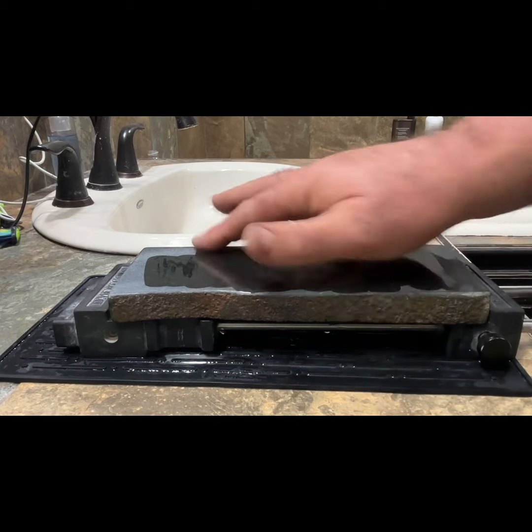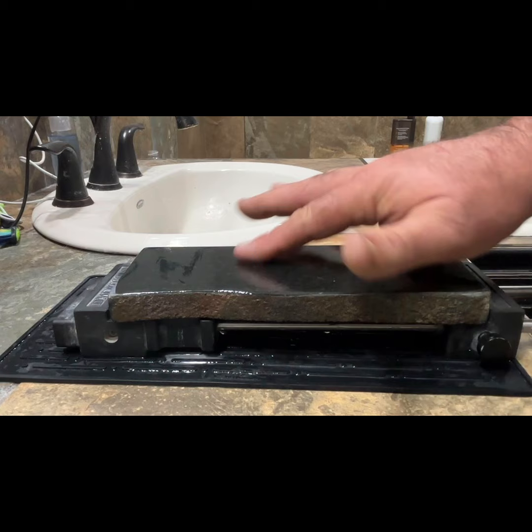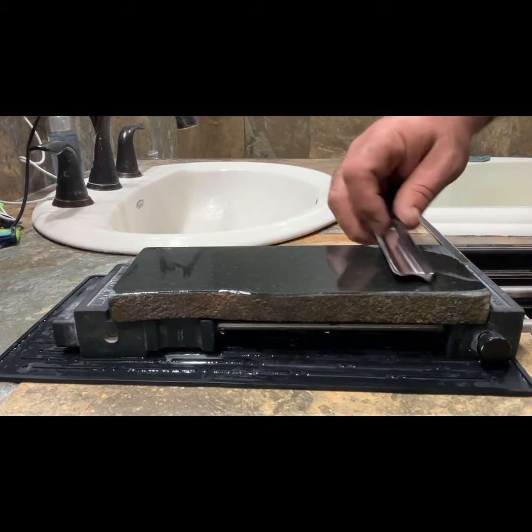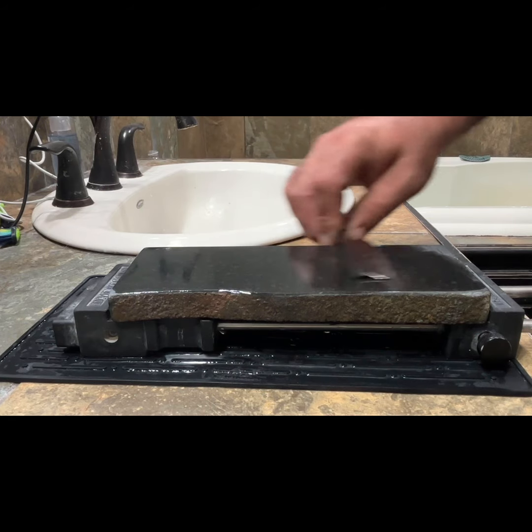I will point out about this: if you hone on oil, make sure that the stone surface is dust free of any contaminant, and make sure your hands are clean, no hair, nothing, because you will feel it immediately under the blade on oil. It has a higher sensitivity level, even though you're getting more lubricity. So here, it's similar to honing on a slate or